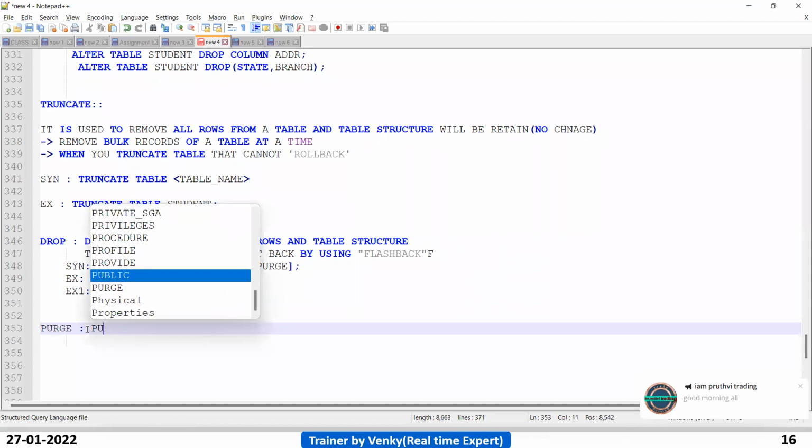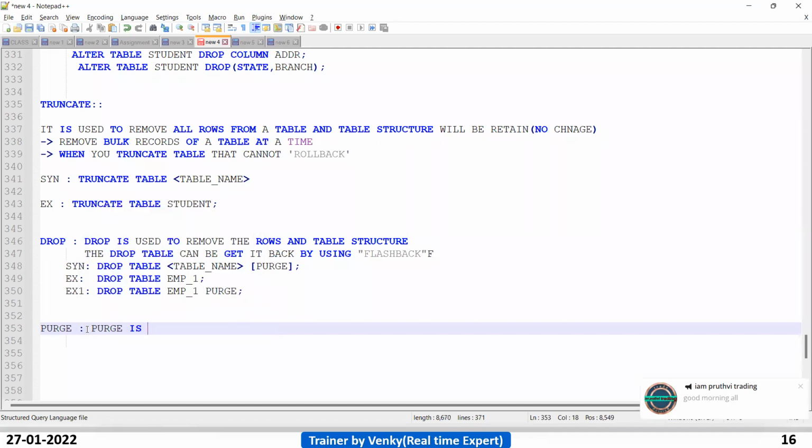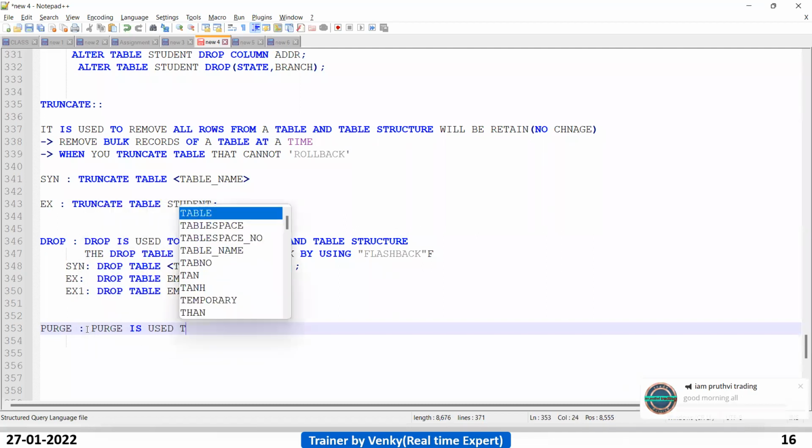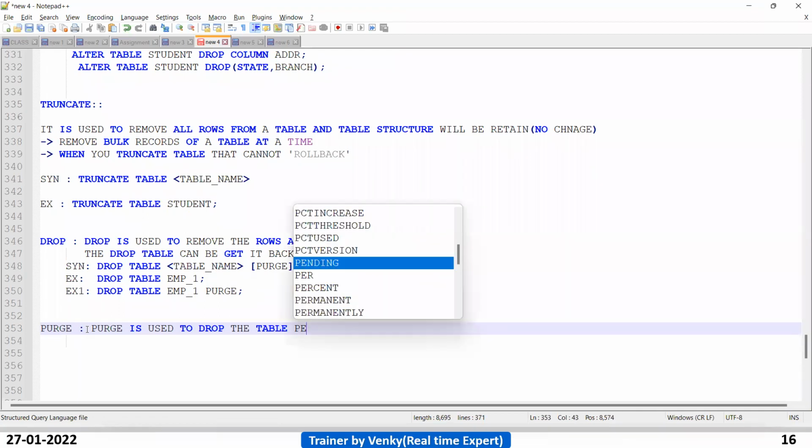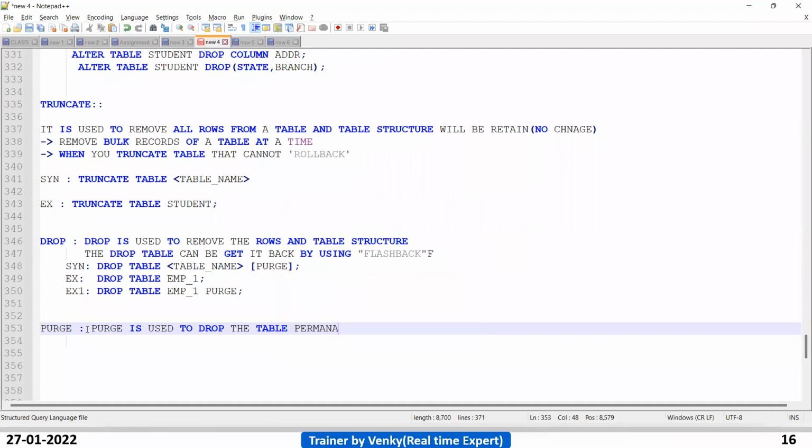So purge is used to drop the table from the recycle bin also, otherwise dropping the table permanently.